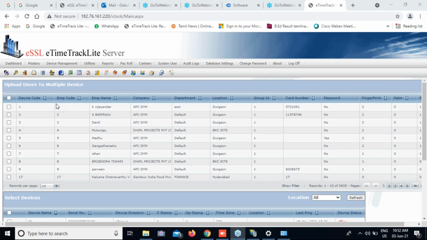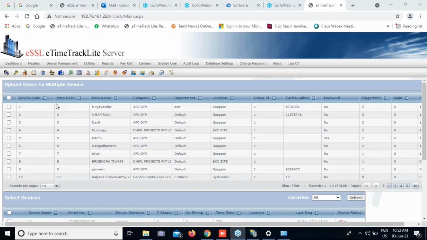Based on the device, we can upload. Here we can select card, password, user picture, fingerprints, face, everything.